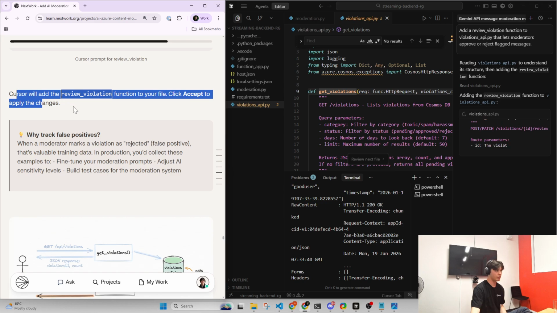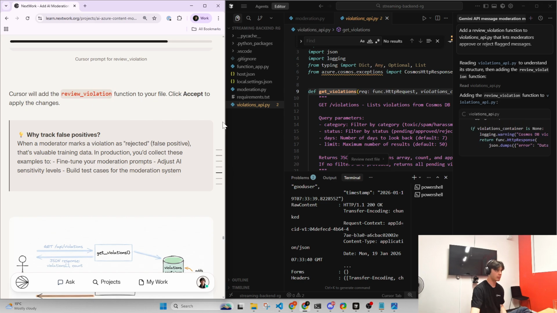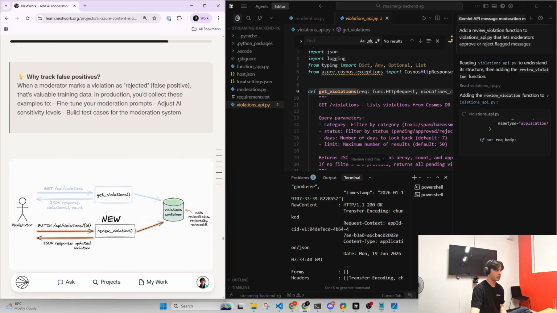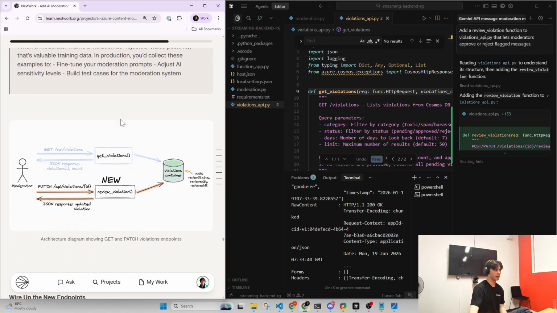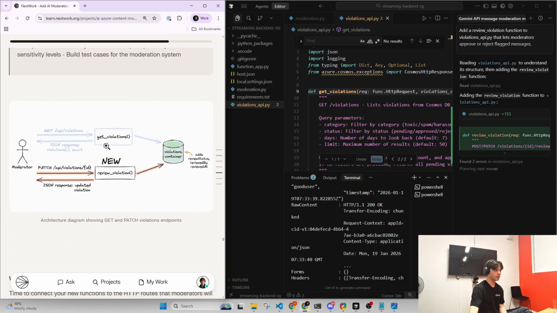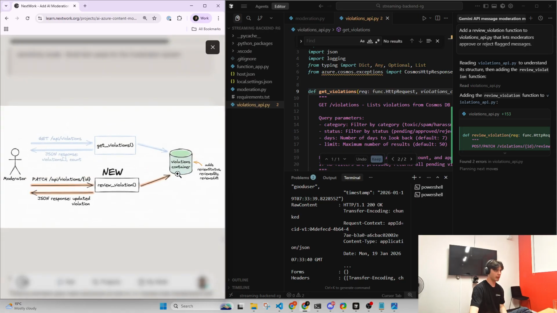Cursor will add the review violation function to your file, accept changes to apply. Why track false positives? When a moderator marks a violation as rejected, false positive, that's valuable training data. In production, you'd collect these examples to fine-tune a model, adjust AI sensitivity, and build test cases for the moderation system. So we had this sort of top-line pipeline before,